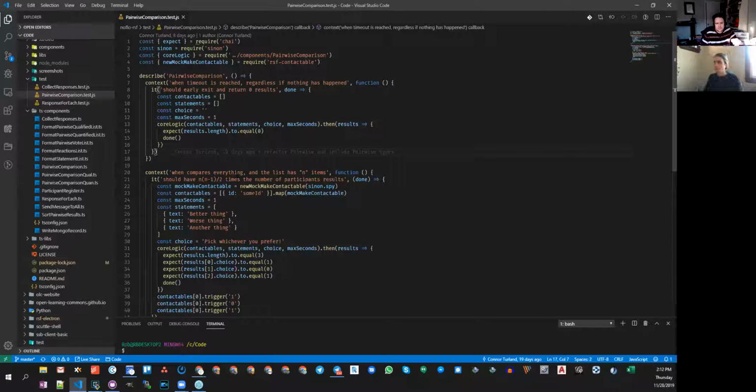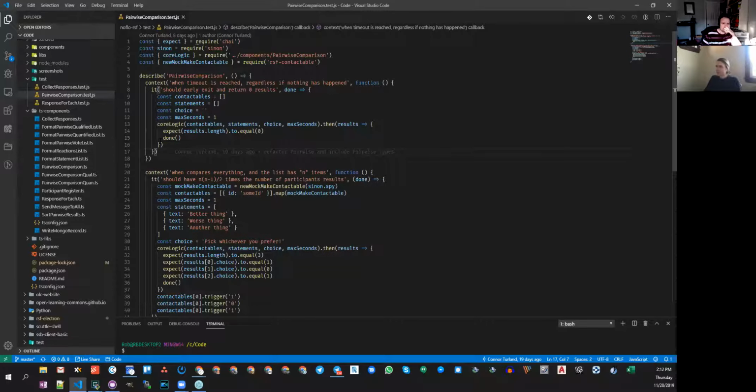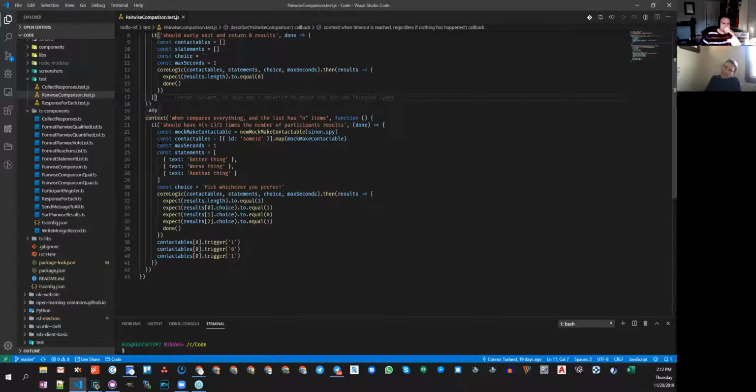And the most complex bit is the fact that we have to simulate people speaking. We have to simulate people sending messages to the bot essentially, and that's where we see the dot trigger calls on lines 38 to 40. That's essentially mocking someone sending a message to the process.